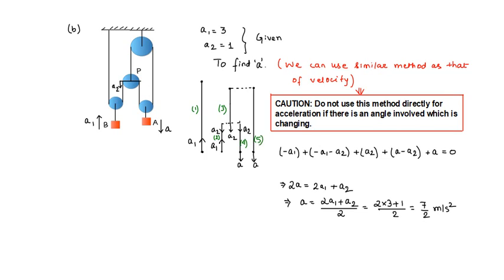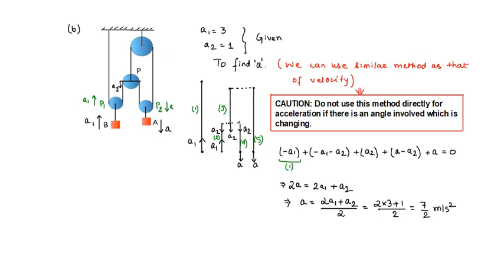For segment 1, we can say that the direction of acceleration a1 of the bottommost point is such that it is trying to decrease the length, so I will consider a1 to be negative. You can see that since block B is moving upward with acceleration a1, pulley P1 will also have an acceleration a1 in the upward direction, because pulley P1 and block B are directly connected by a string. Similarly, since block A has acceleration downward, pulley P2 will also have an acceleration a in the downward direction.